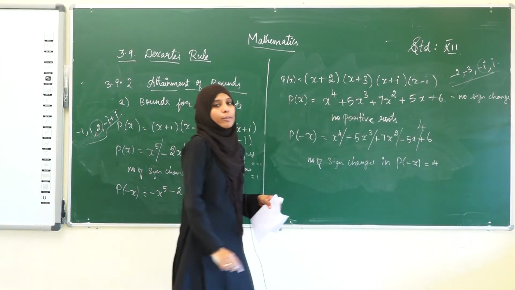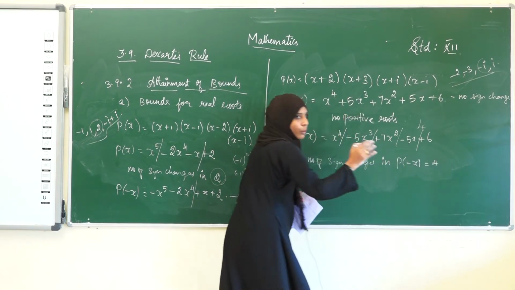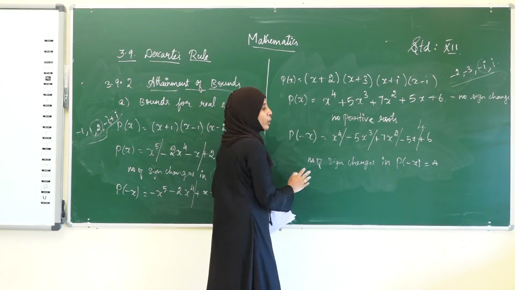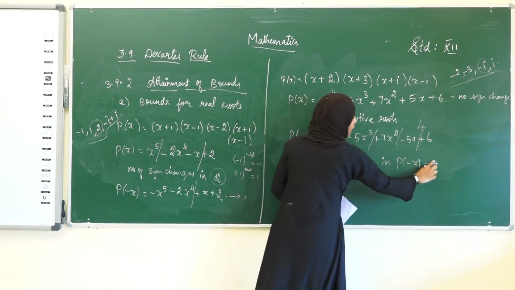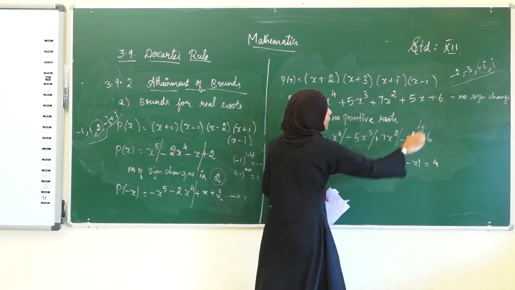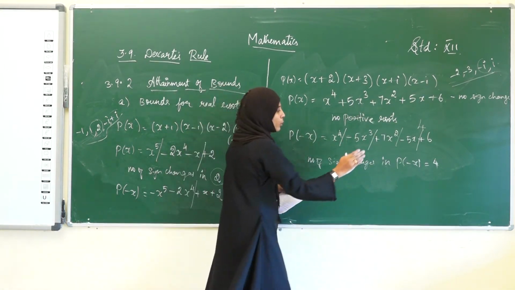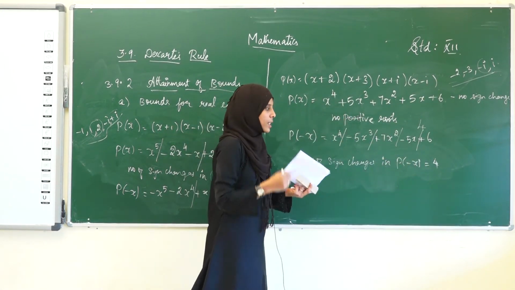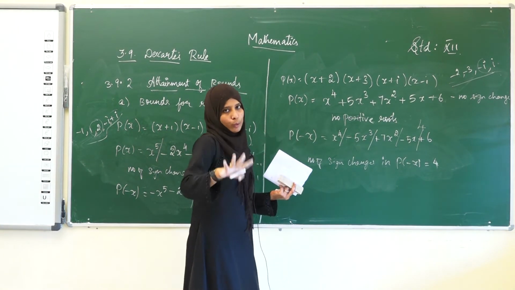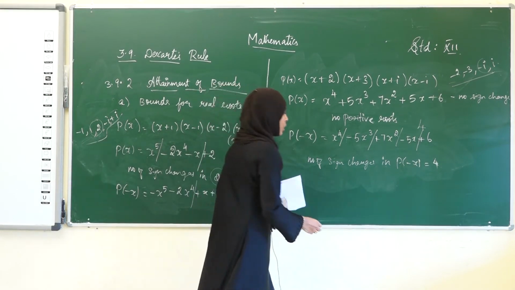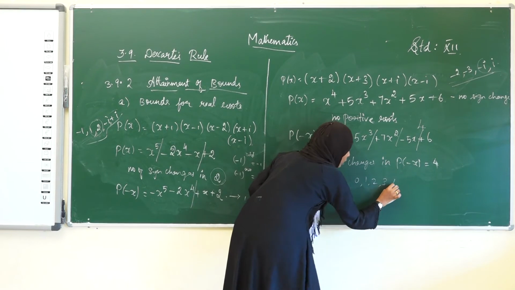That is, the number of negative roots should not exceed 4. Since we have got 4, there will be 4 negative roots will not be the answer. Because the sign changes here is 4, there should be 4 negative roots, miss. But here we have only 2 negative roots. We can't say like that, because if it is 4, there may be 0 negative roots, there may be 1 negative root, 2 negative roots, 3 negative roots or 4. Any one is applicable.